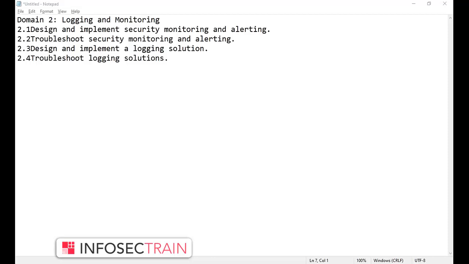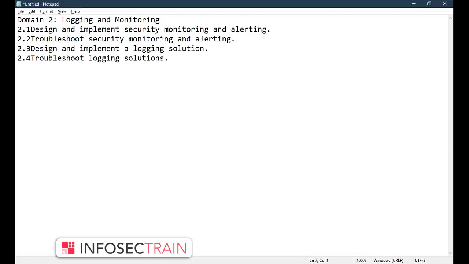Okay, that's it. So for domain 2, this is the logging and monitoring domain. In this, you must learn the native areas to focus. So in this, you have to learn,